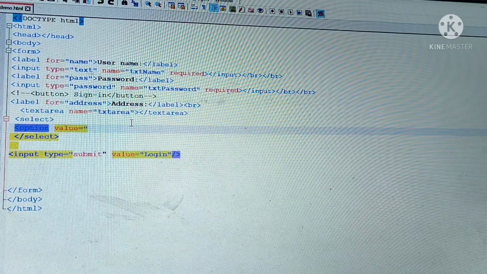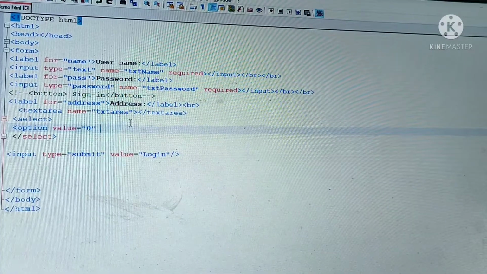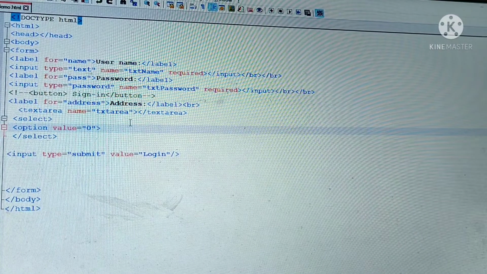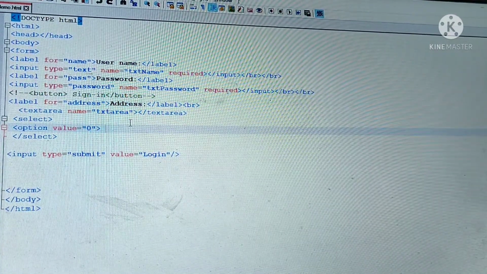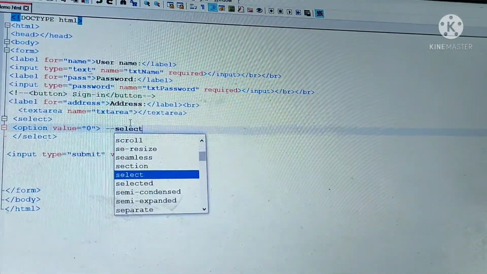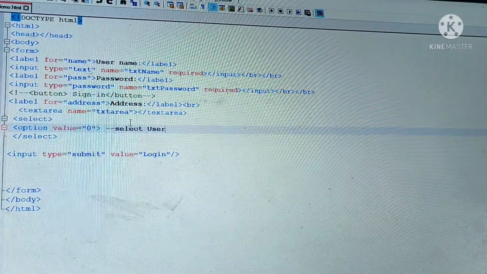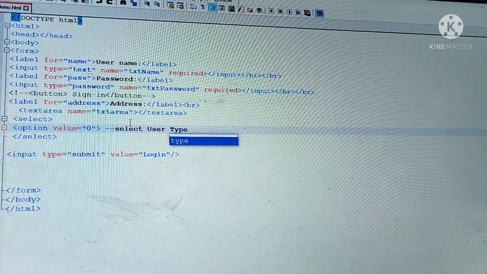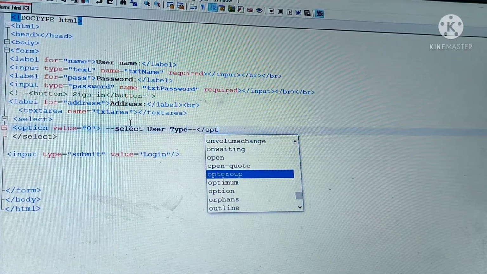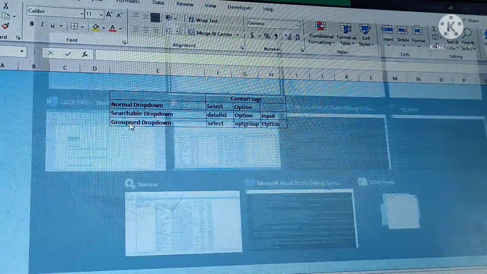Here the value normally contains a text or IDs, but here I am creating a drop down with a key value pair, where the value is an integer and the text is another text, like select a role, user or user type, option. Okay, so if I refresh now,